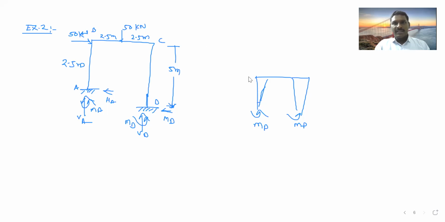Okay, so I am ending the meeting here, and you have to solve this example. Only this fixed support is there, so moment will be generated. That is very important. Only the moment is very important. Other things are the same; you have to solve as per the previous example. So I will take the attendance and we will close here, but you continue.